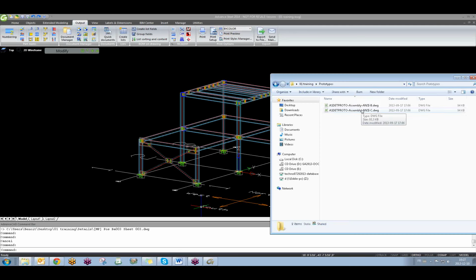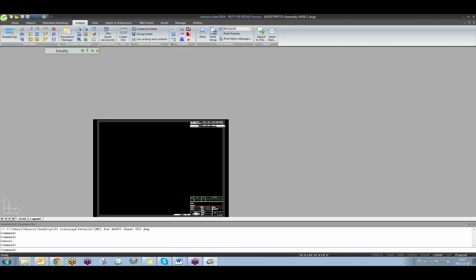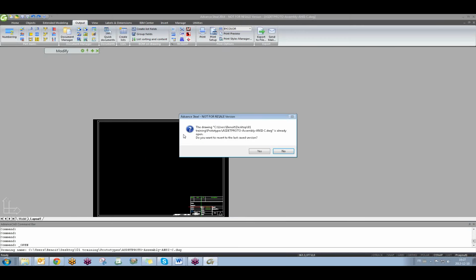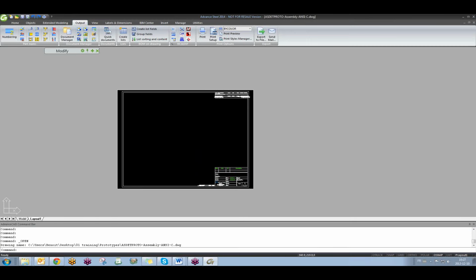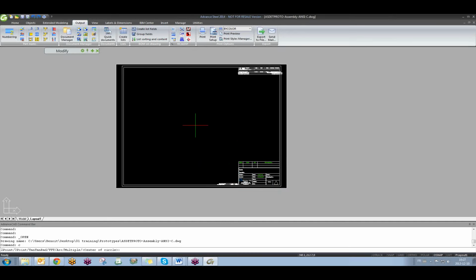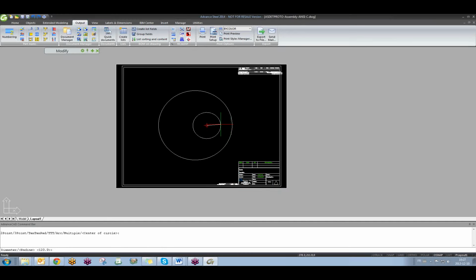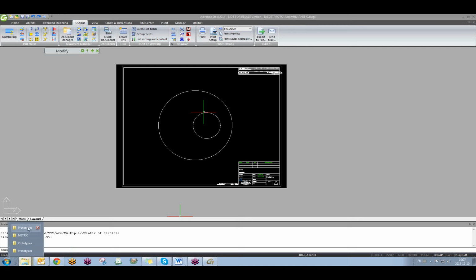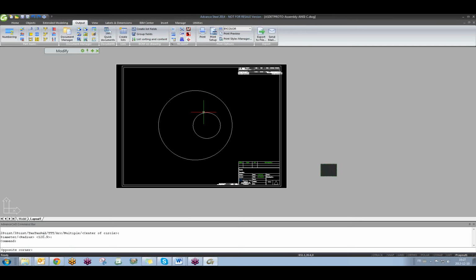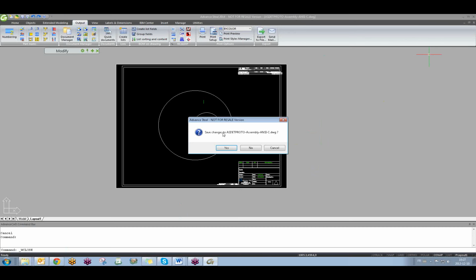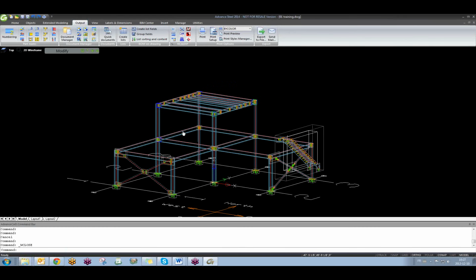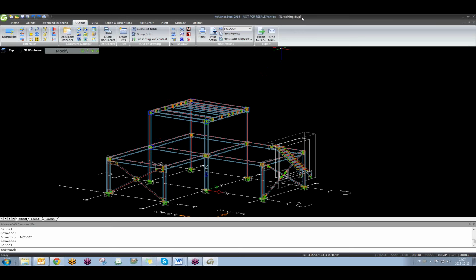Open them, like for example this NCC. Oops, I double clicked, sorry. I have to drag it into Advanced Steel. Okay, like for example I will draw a circle in it just to know that this one is in my directory, on the folder that Advanced Steel has created by default. We'll save it. Yes. The next time that I will